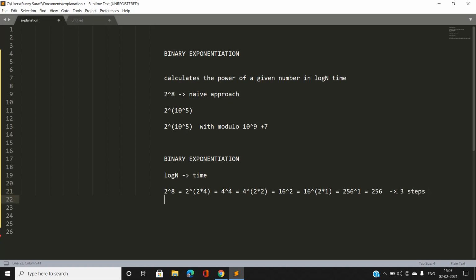If we calculate using a naive approach, that is to iterate 8 times, it would take 8 steps. Let me ask you which method you will prefer in competitive coding? Obviously we use binary exponentiation.